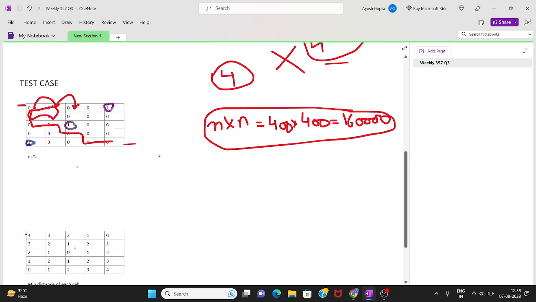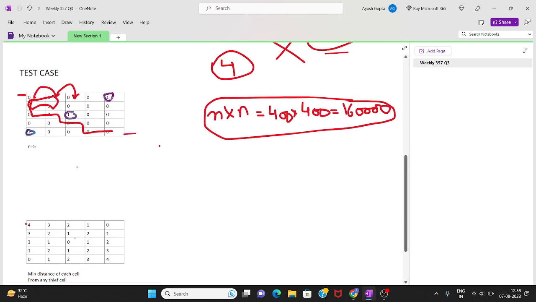You must be aware of BFS, breadth first search, so we are going to use that approach. What we will do is put all the cells that are thief cells in our queue pairwise, meaning that we will store their cell number as row number, comma, column number.